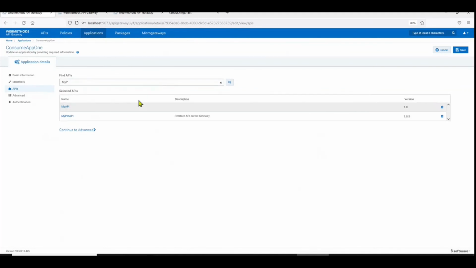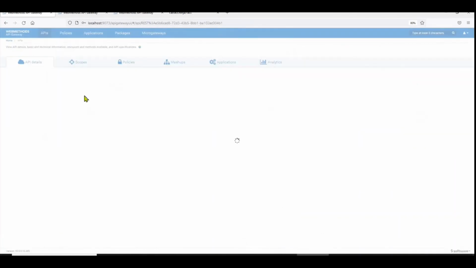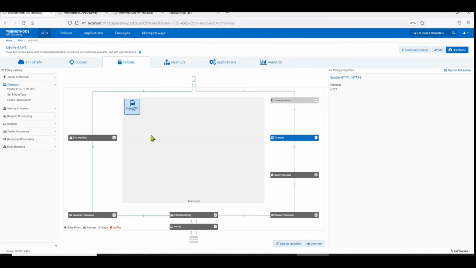So I had a pet API, which is also protected now by the same API key. Of course, you have to put the policy on the API as well. The pet API probably doesn't have the policy. So as you can see, in the identify and access step, the identify and authorize application policy is not attached.